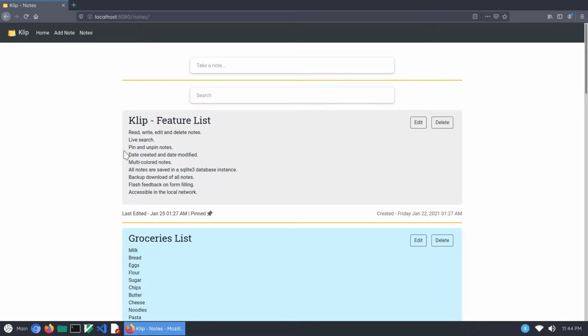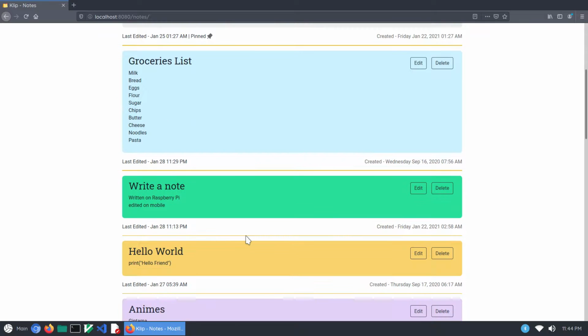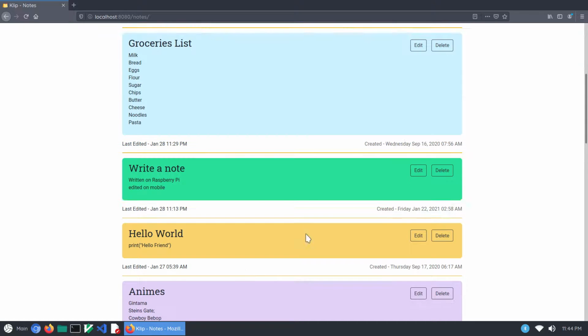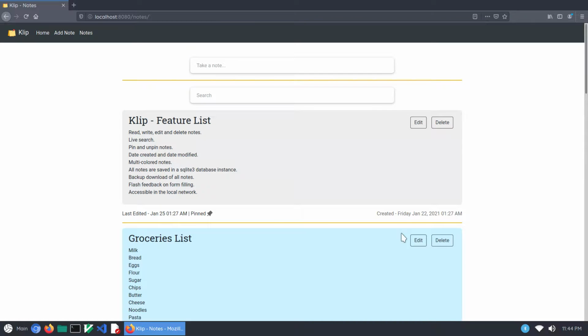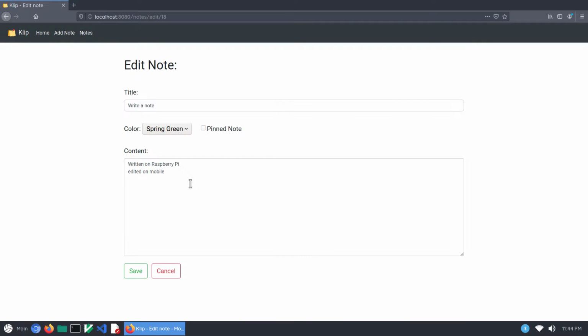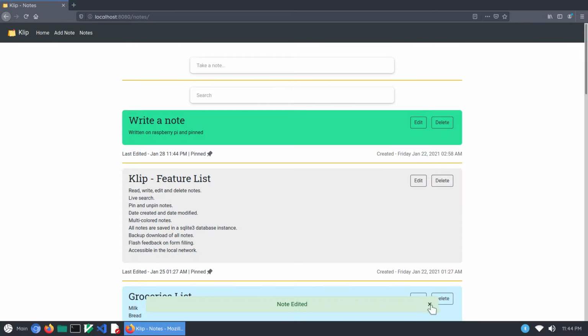This is the live search feature, and I have talked about pinning and unpinning. We can see the pin icon there. All the pinned notes come on the top, and they are sorted by the order in which they were last modified. So if we modify one, the newest will come on the top. Editing this note and saving it, and we should pin it. There we go. The note was edited and pinned, so it comes on the top as it is the newest.